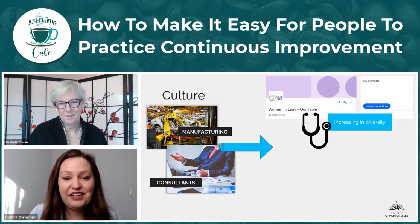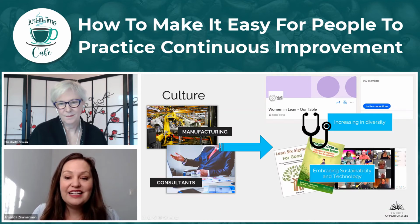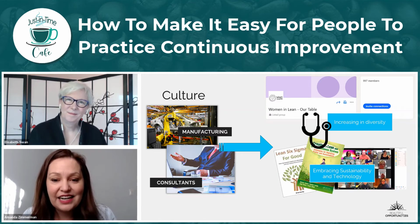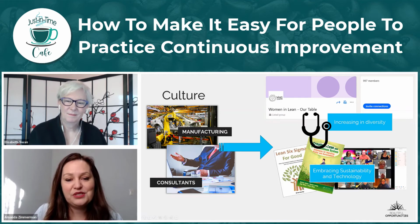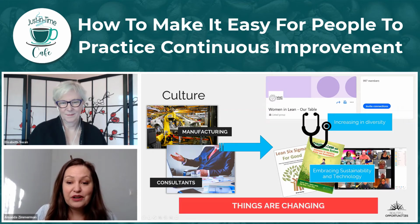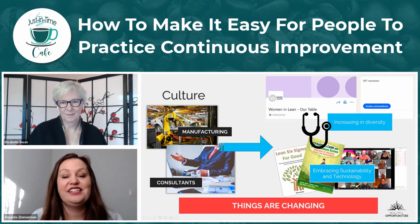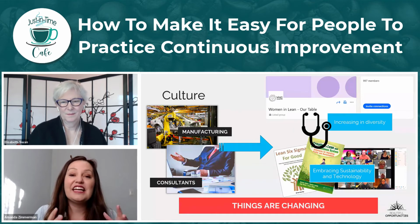It's not just a manufacturing discussion anymore. The tools are being adapted in a variety of industries for incredible benefits. Healthcare, software is taking it on. And there's all kinds of new ways that we're applying these tools. In addition, since COVID, many of us have embraced technology, adding new and inventive ways for us to connect and talk, and having really positive impacts on our communities and people as we embrace things like environmental